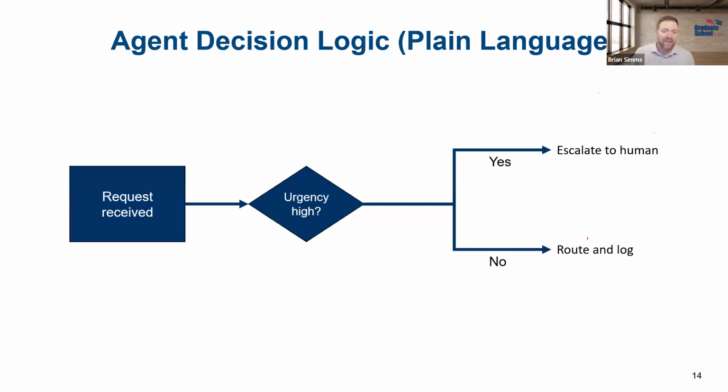So how I kind of think about it, and how I talk to some others about it, is like if you can do this, if you can draw a flow chart of the decision logic, then you may have an agent on your hands, right? But if you can't do this, if it isn't clear, again, your agent is probably not ready to be built because there's other decisions that have to be made.